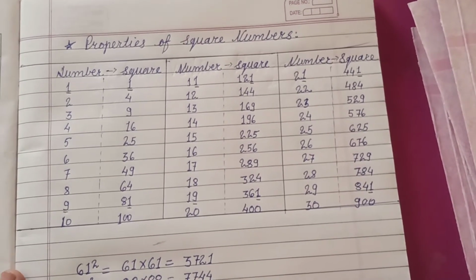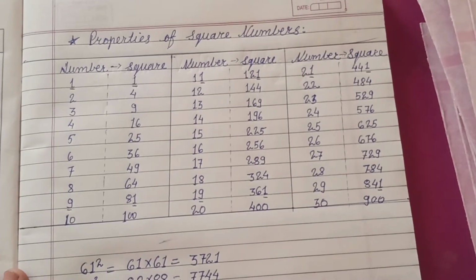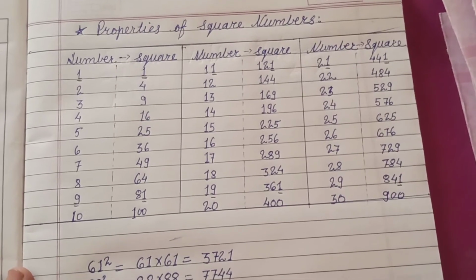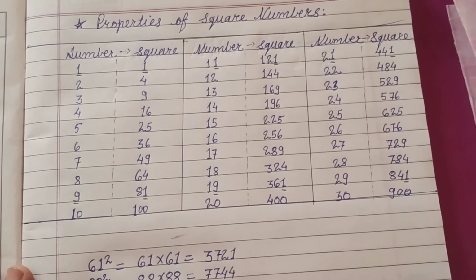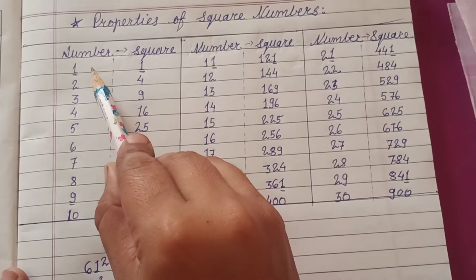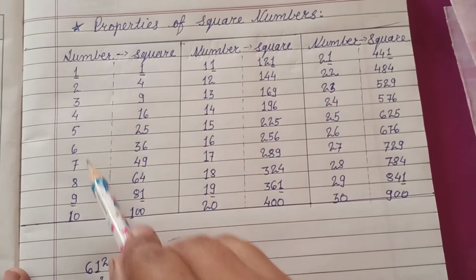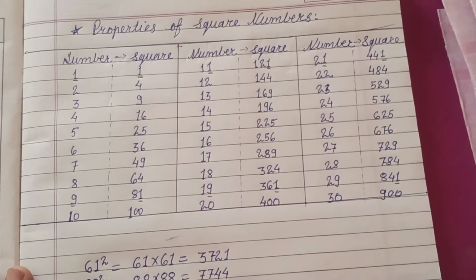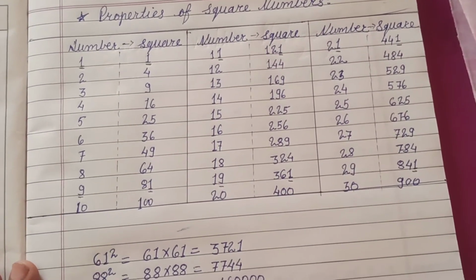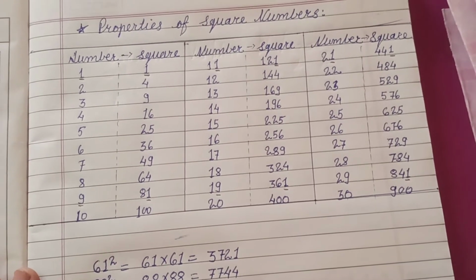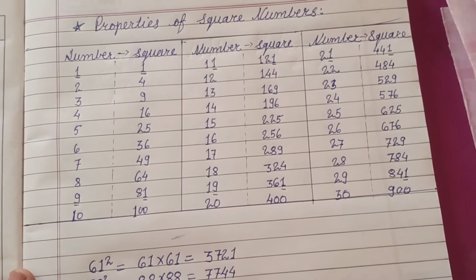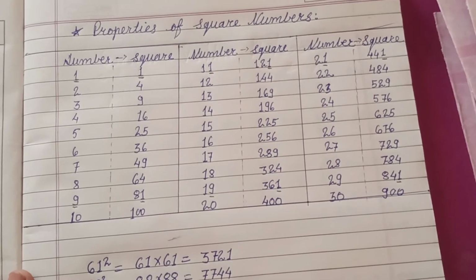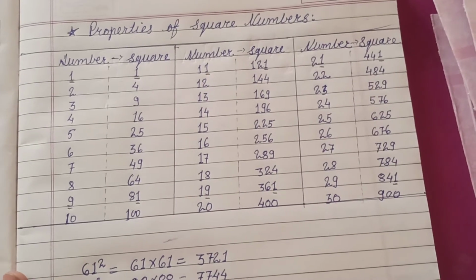Yesterday in the worksheet, I gave you a question to prepare a chart of squares from 1 to 30 and observe the ones places of the numbers. Here I have made the same chart for you, with numbers from 1, 2, 3 till 30 and their squares. Now let us observe the ones place. While doing this, please keep your homework page or book with you, so it will be easy and helpful for you to understand.